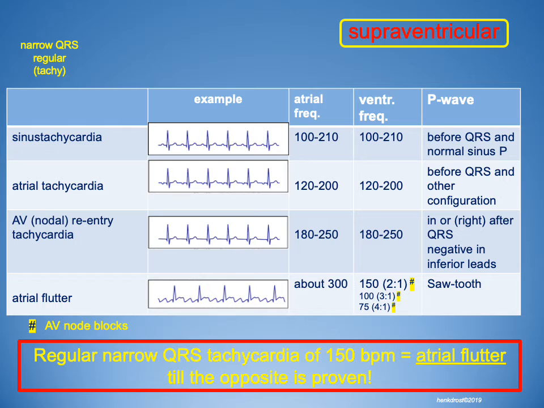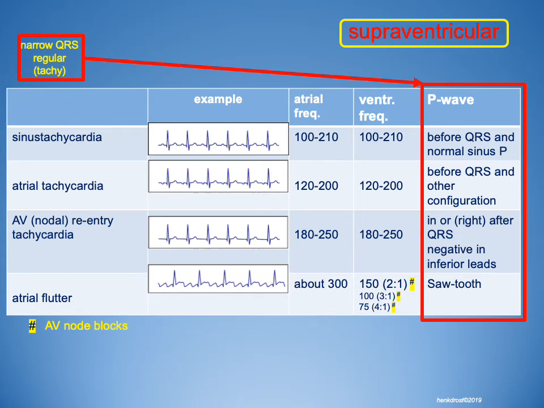So if you see on the EKG a regular narrow QRS tachycardia with a frequency of 150 beats per minute, call it an atrial flutter. In 80 or 90% of the cases you are right, till the opposite is proven. Summarized, in regular narrow QRS tachycardia, we know 4 forms, and we distinguish them on the basis of the P